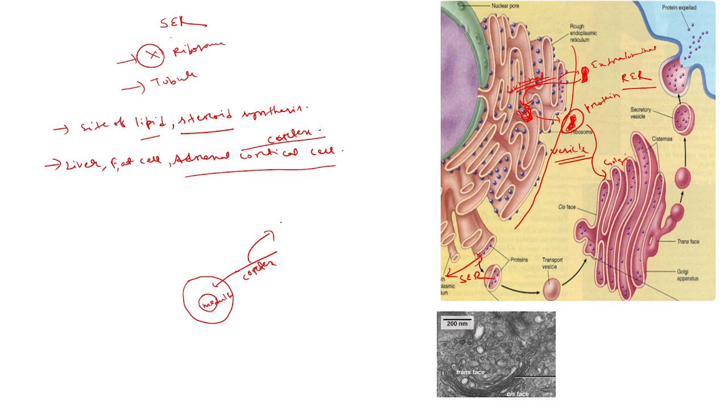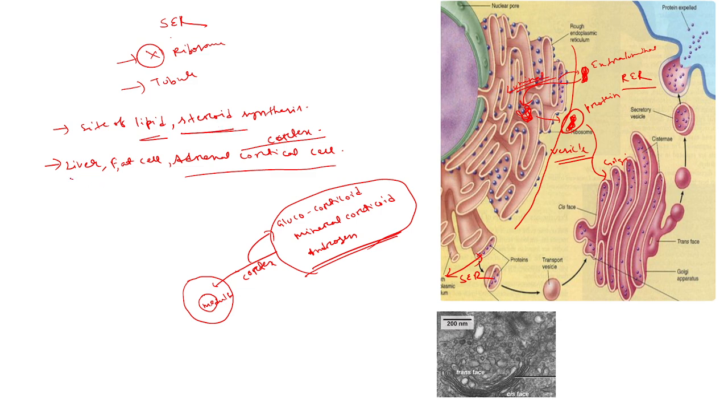One is called glucocorticoid, mineral corticoid, and another is the androgen. So these all are steroids. So that means, since the smooth endoplasmic reticulum is responsible for lipid and steroid synthesis,